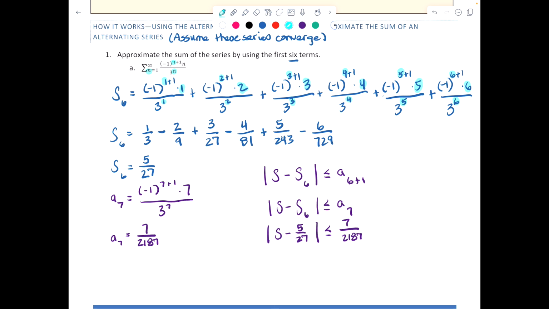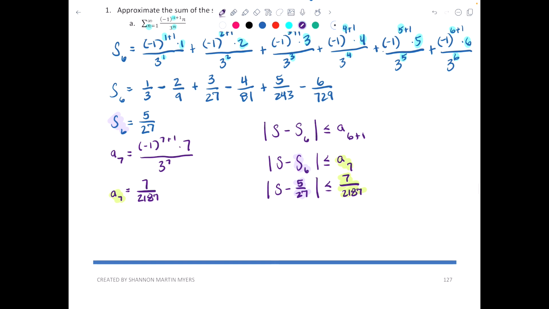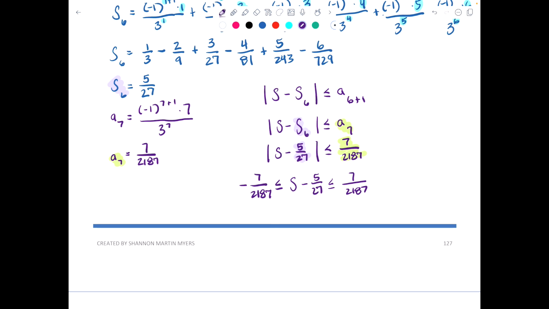So here we go. This is just from, we found S6 to be 5/27. We found A7 to be 7 over 2187. Now, using properties of inequalities, we can take those absolute value jail bars off, right? If we have negative 7 over 2187 is less than or equal to S minus 5/27, which is less than or equal to 7 over 2187, just by definition of an absolute value inequality. And now if we add 5/27 to each part of the inequality,